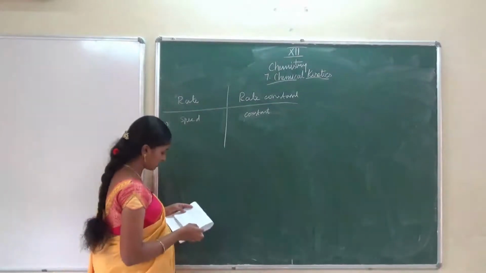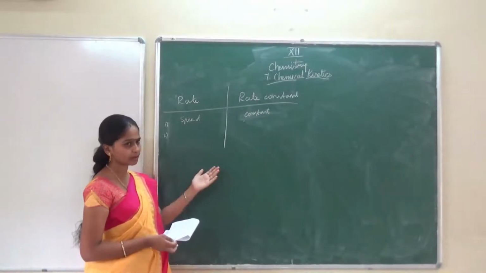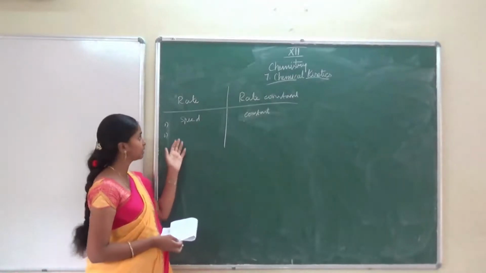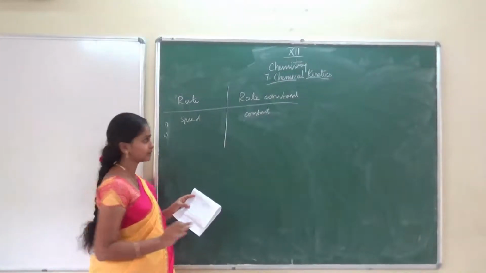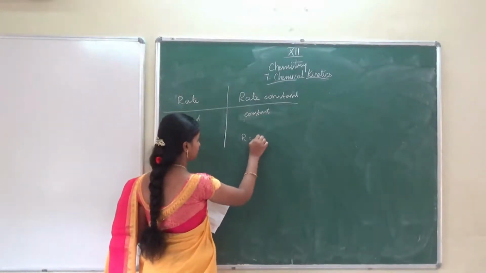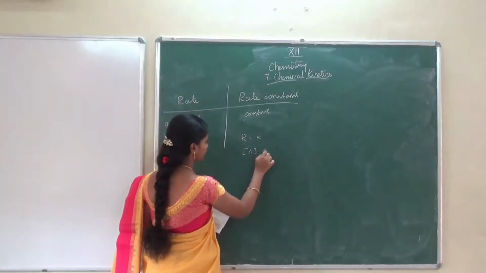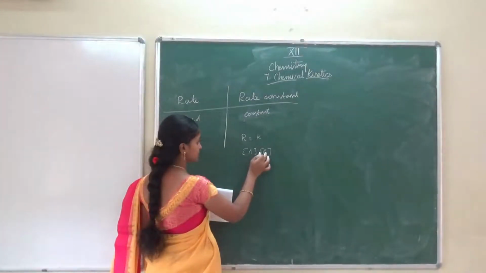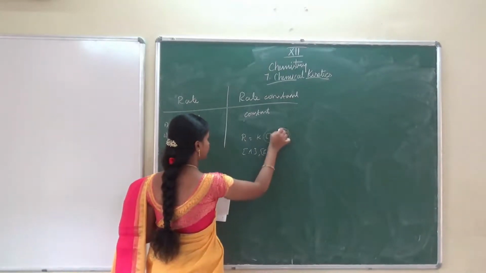Rate is measured by the increase in concentration of product or the decrease in concentration of the reactant. Using this, we can measure the rate of the reaction. The rate constant is a constant value, I said, but when the concentration of the reactant or product is unity, that is, equal to 1, the concentration of A or concentration of B, whatever may be the reactant or product in the reaction, then the whole term will become 1 into 1, the whole term will become 1.